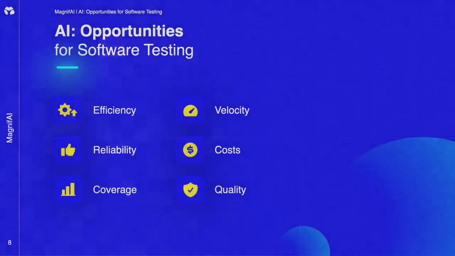Of course, velocity. We will be able to identify software bugs much earlier, and we will be able to fix them earlier, shifting left the problem of identifying and fixing bugs, which, you know, is probably the most time-consuming task that we perform as software testers. Again, reduce costs. Velocity means less cost.